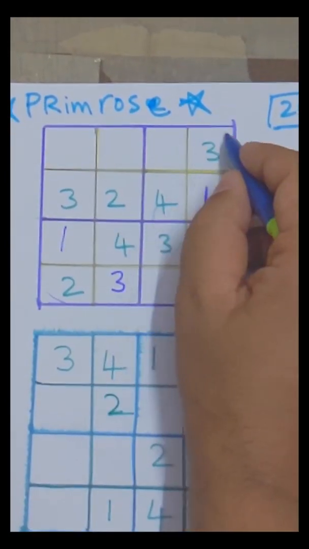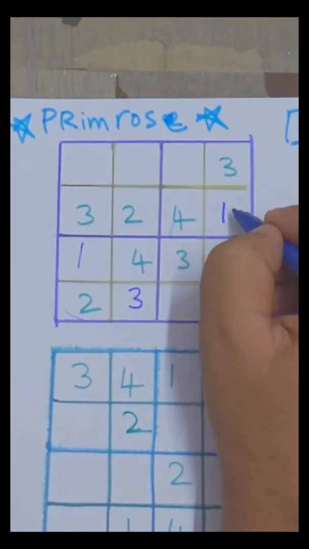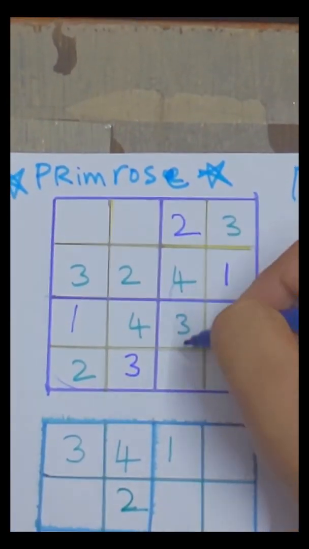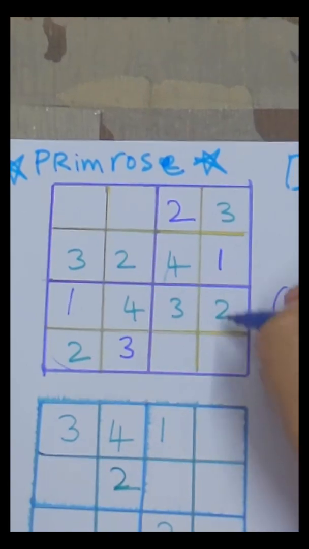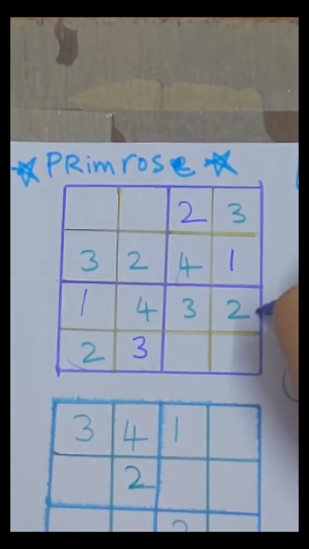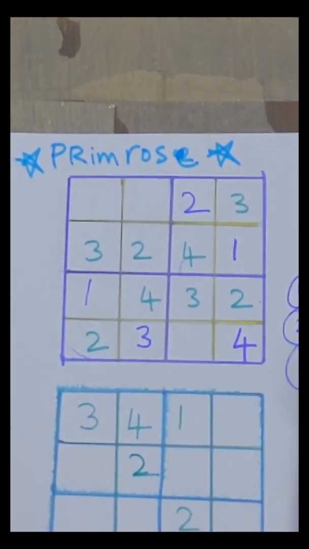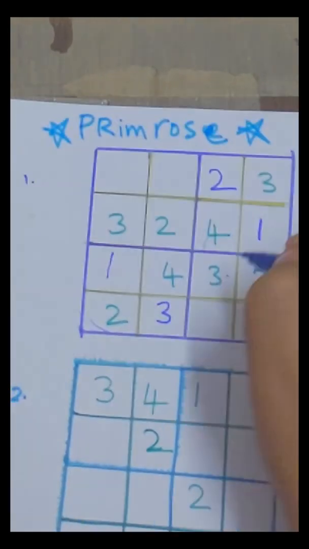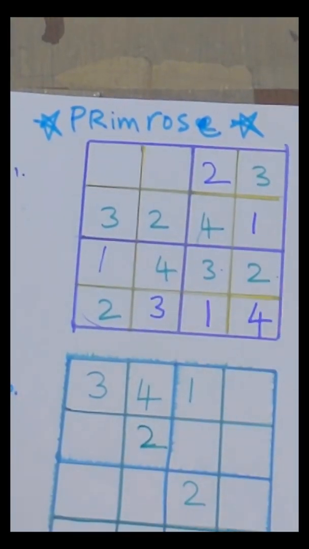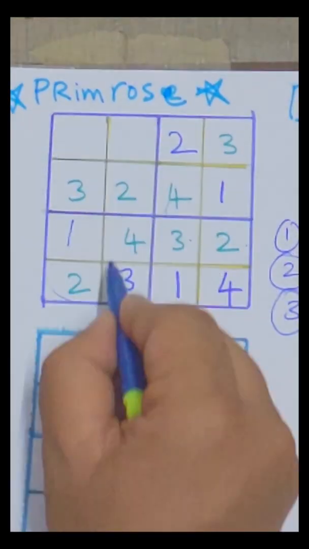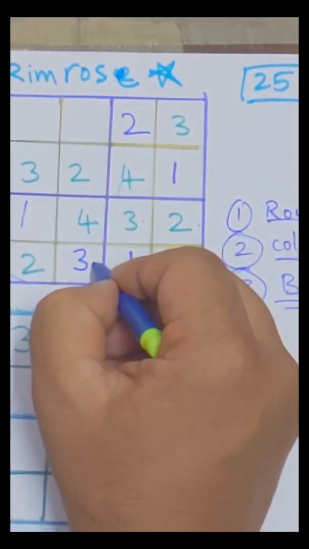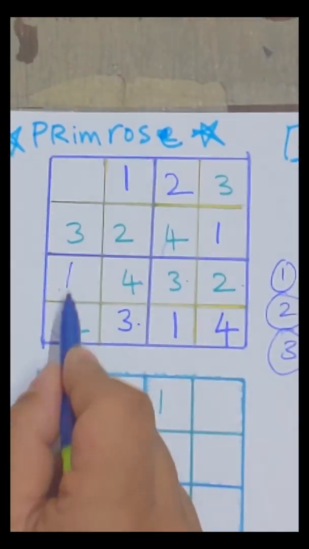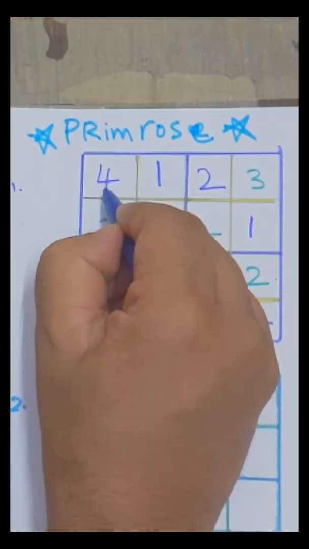And now this block I am going to use. 3, 1, 4 is there, so 2 is missing. I'll put 2 here. Once I fill this, now I can use column rules to fill it. 3, 1, 2 is there. The remaining one is 4. This column is done. Now 2, 4, 3 is there. 1 is missing. I'm going to put 1 here. Now I'm going to use the column rule the same way. 2, 4, 3 is there in this column. 1 is missing. I'm going to put 1 here. Again 1, 2, 3 is there. 4 is missing. I put 4 here.